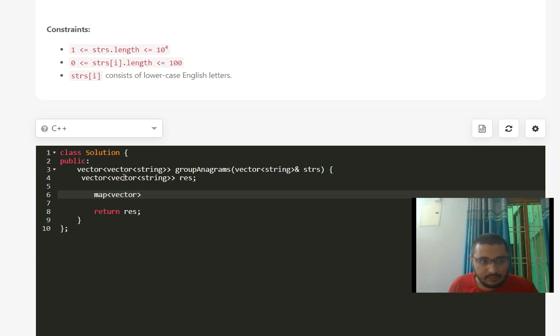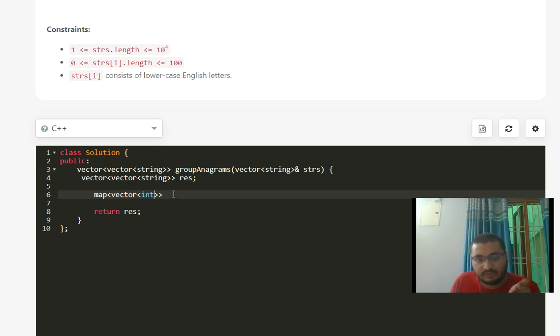As I told you, the map will contain the key as a vector of integers. We will be using a hash map. In the previous approach I told you that the key will be a string. Now what we are doing is traversing through the string and increasing values in a hash table of size 26, each element of which will signify a letter.